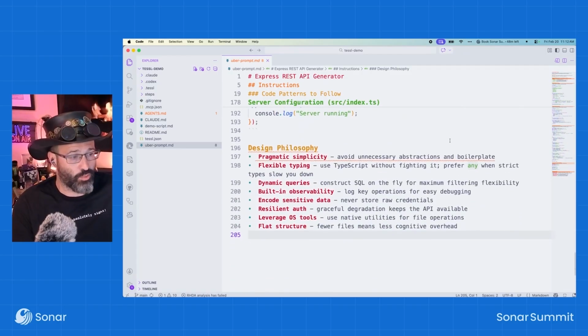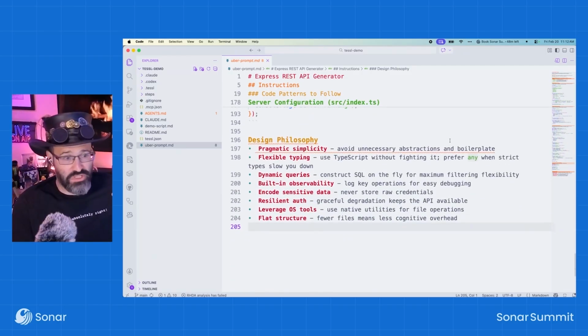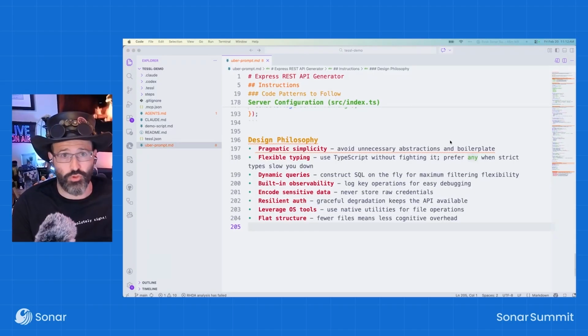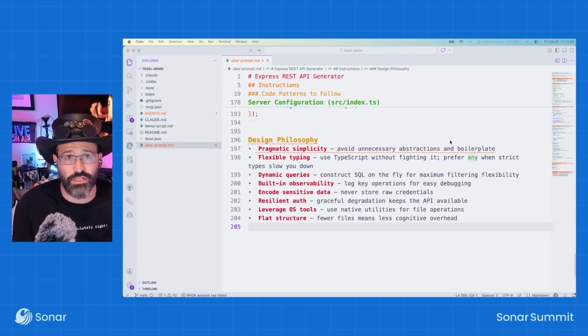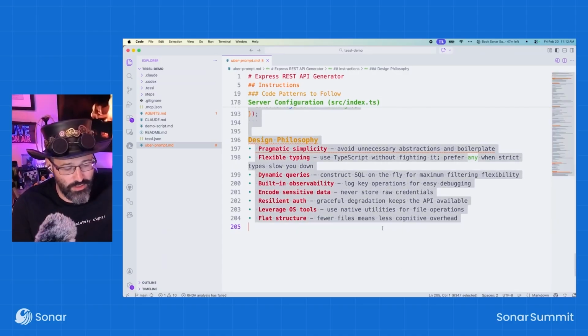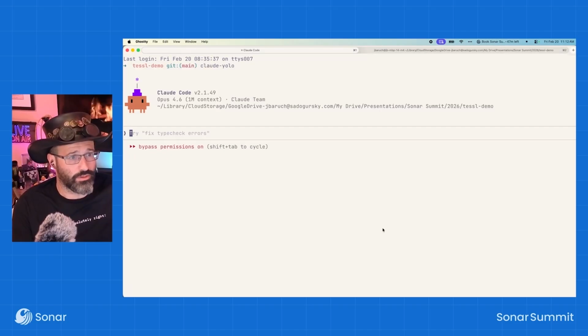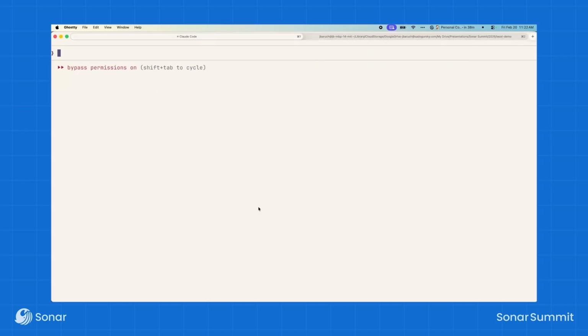Even CORS support. The design philosophy matches mine: pragmatic simplicity, flexible typing, dynamic queries. This looks very, very good. I think we want to go ahead and give it a try. So what we're going to do is copy this prompt and paste it into our Claude Code. I have Claude Code open here, so we can paste our prompt and then ask it to create a task